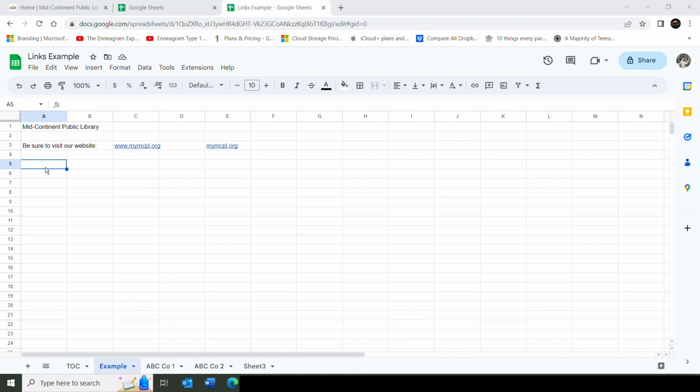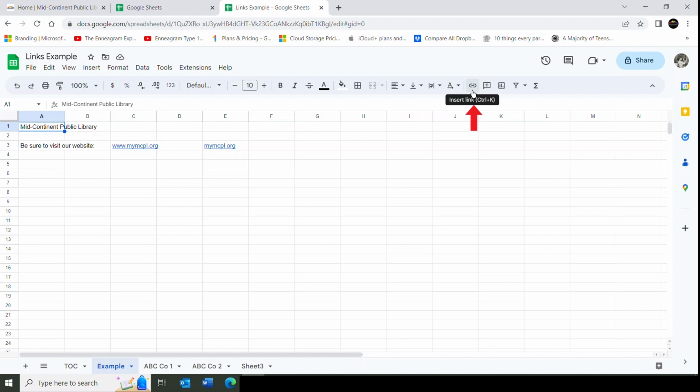When we give people a link to follow, and let me just click in A1, generally we don't want them to actually see the link, the path. But here in A1 I'm going to click, and then I have two choices. I can either go to the toolbar and find the link, which is between J and K on my toolbar, and I can insert a link, and notice that it also says that I could use Control K. I'm going to click on that toolbar button,